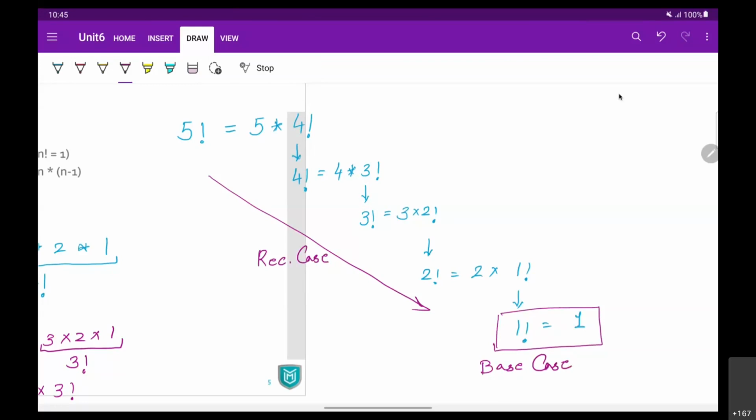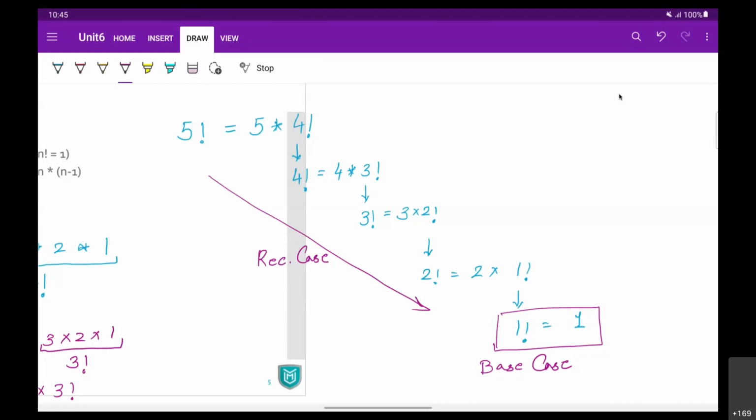When you stop your process, then it becomes your base case. If you are finding 1 factorial, then you have your direct answer, and at that time you are not going to call that function again.